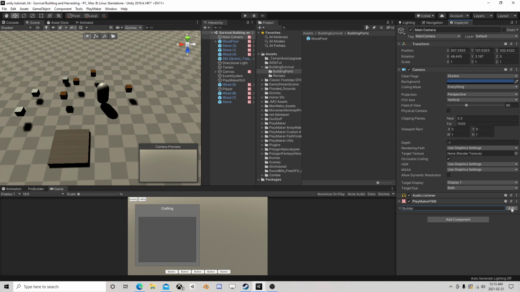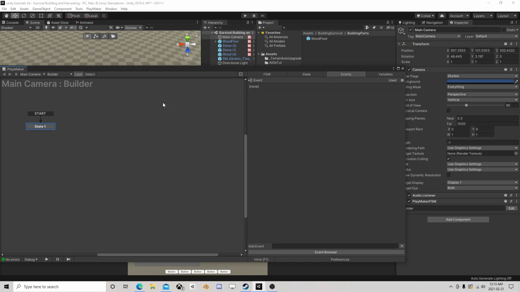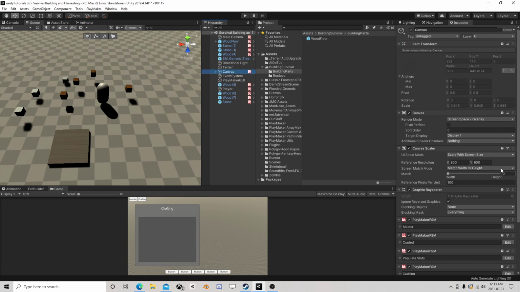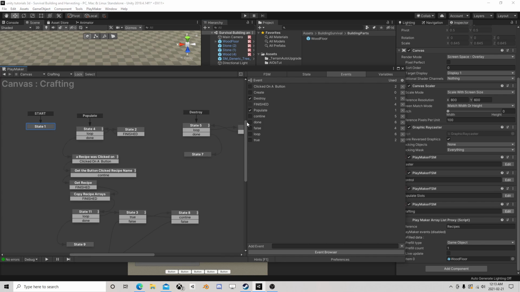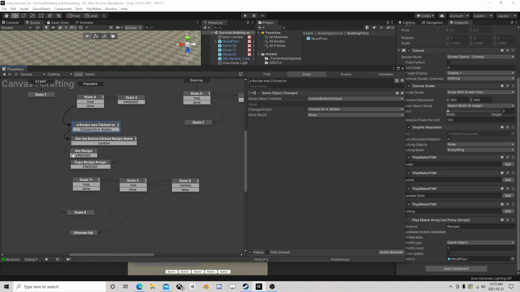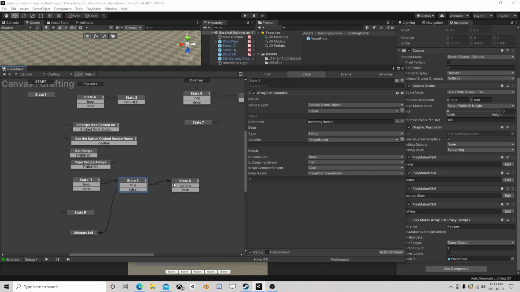So if I say, okay, builder, if you're going to build, where's our crafting system? So say we click on crafting, and we've clicked on something, we've gone through our stuff, we get this, our loops,